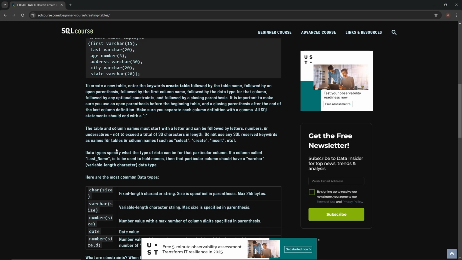Data types specify the type of data that can be used for that particular column. If a column called last name is to be used to hold names,